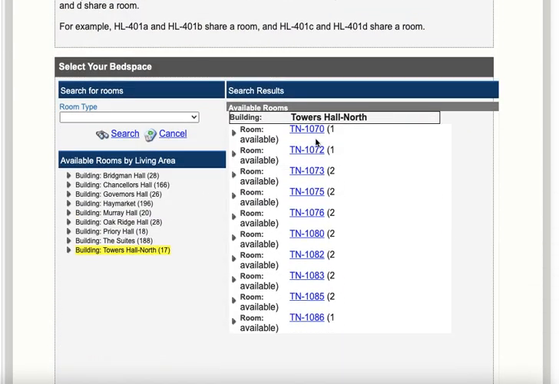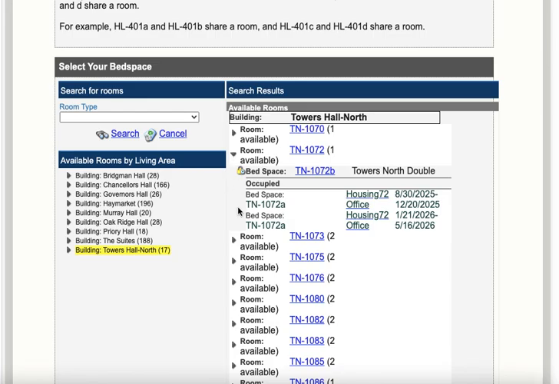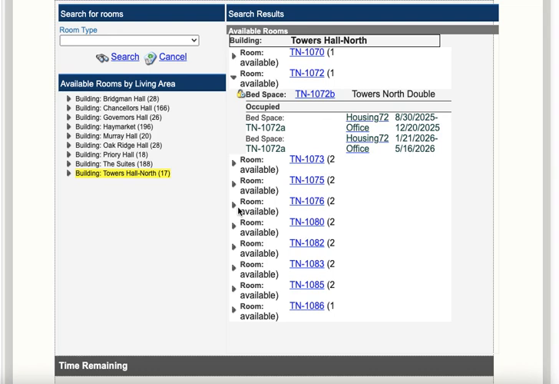And I can see, following the room number, how many available bed spaces are still left within that unit. So I can see there are a number of vacant doubles. I can see that there are a few Towers North singles available, but I really highly encourage students, if you're looking for a standard double room, to put the power in your own hands and look at who is in the other half of the room, look at how they answered those questions